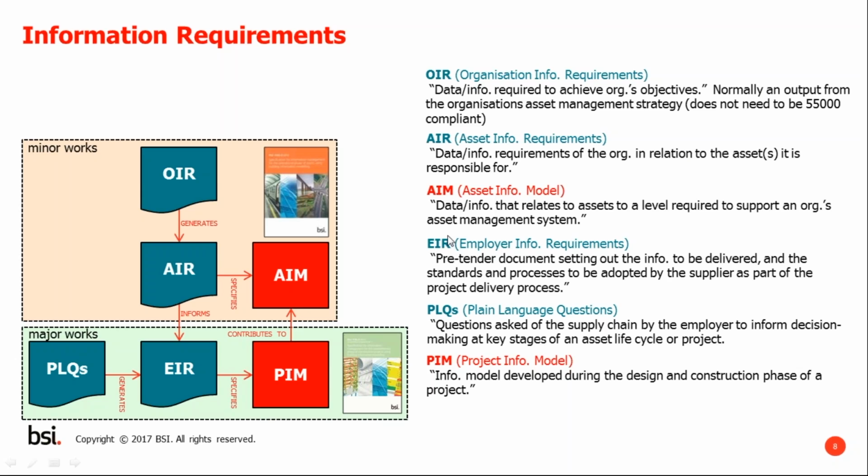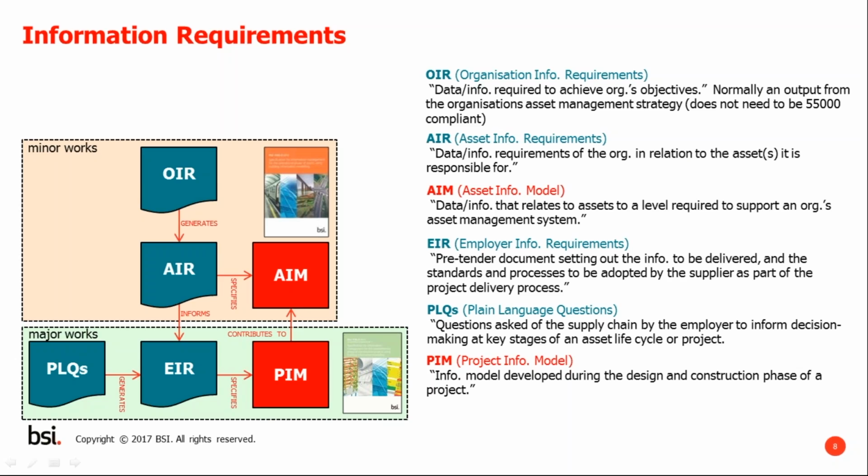An example might be I need to manage real-time energy consumption within my building. So within the PAS itself, it describes a whole list of potential organizational information requirements, but this is essentially an open document or an open output that needs to be produced by an organization. So once this is produced at an organizational level, at the asset level, this specifies the AIR, which is the asset information requirements. So there's a lot more jargon to learn with Part 3.